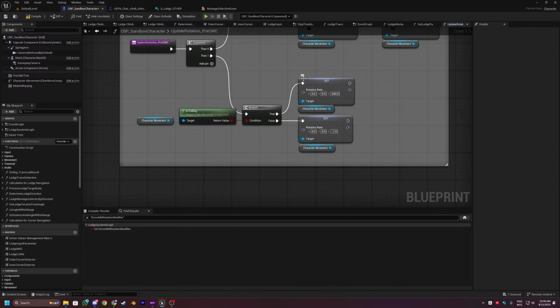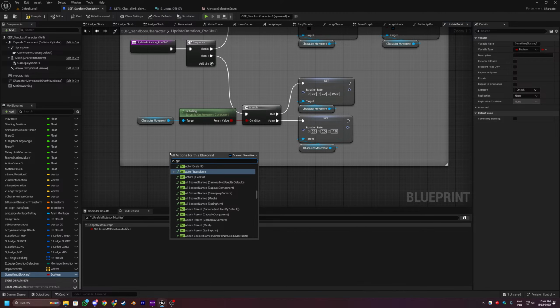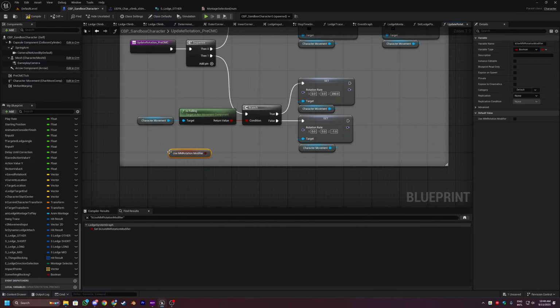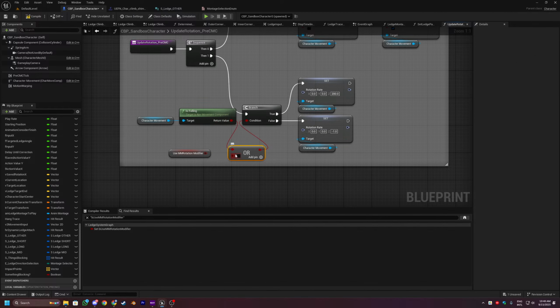So you can set it to be 200. You just need to get the motion matching rotation modifier and get this node, and then